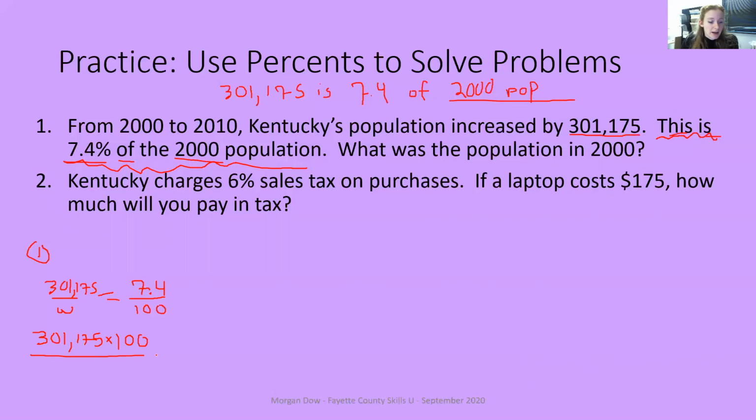And then you're going to divide that by 7.4. So I'm going to go ahead and do that calculation. 301,175 times 100 equals 30,117,500, divided by 7.4 gives me